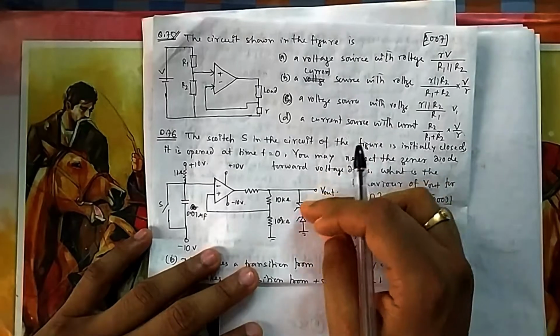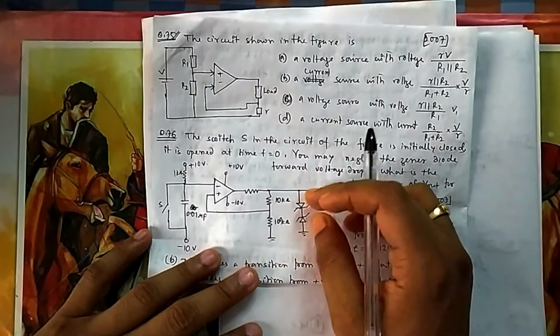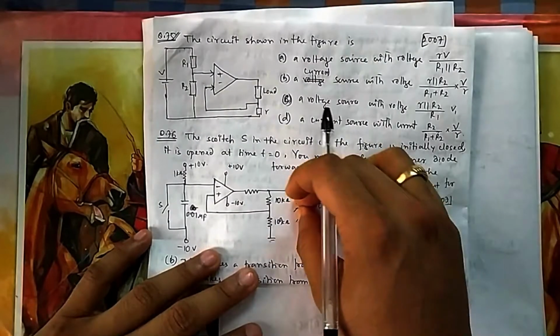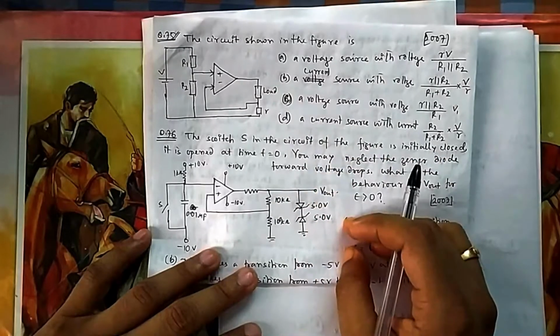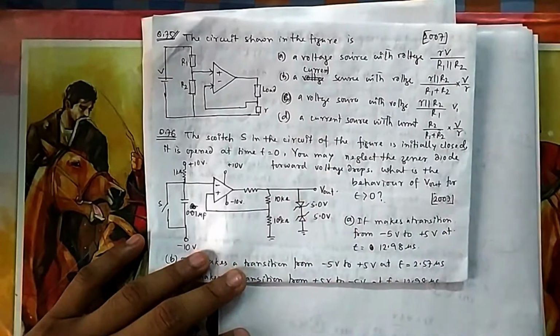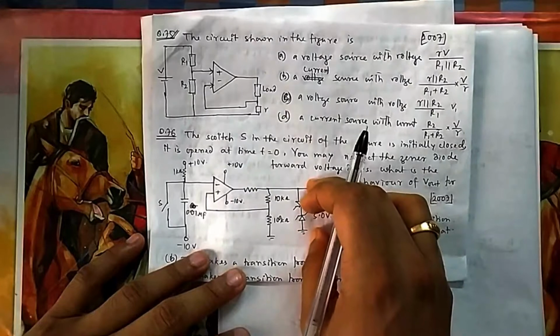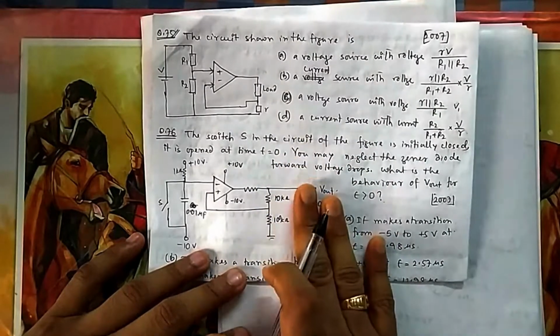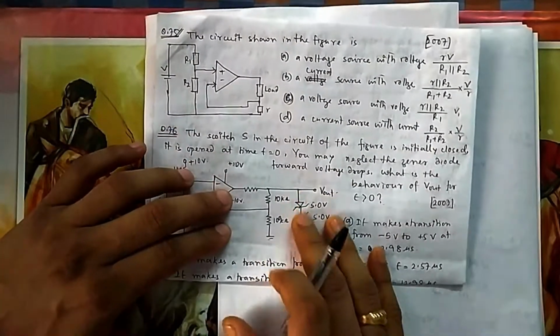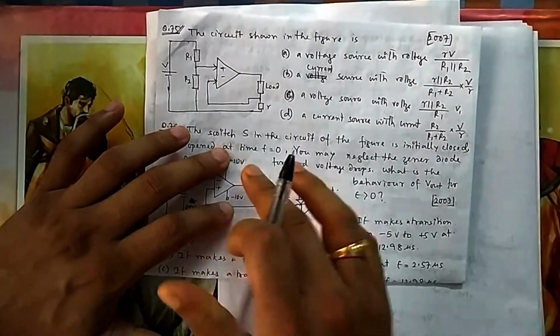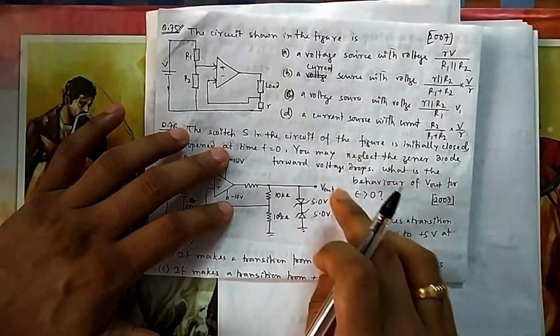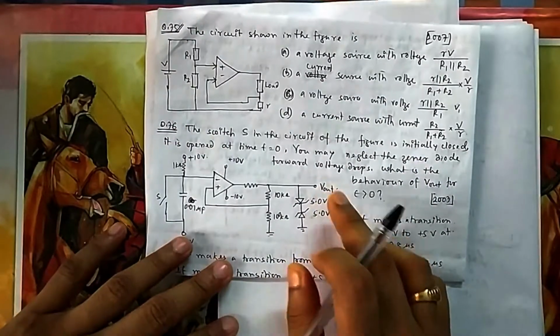Similarly, if it is at minus 10, then this will be reverse biased, so breakdown will occur and this will be 5 volt. So the output voltage will remain at minus 5. The output voltage cannot go to plus 10 or minus 10, it will remain fixed at plus 5 and minus 5. It should have gone from plus 10 to minus 10, but because of the zener it goes only to plus 5 and minus 5. It cannot go beyond that, so my output will be plus 5 and minus 5.